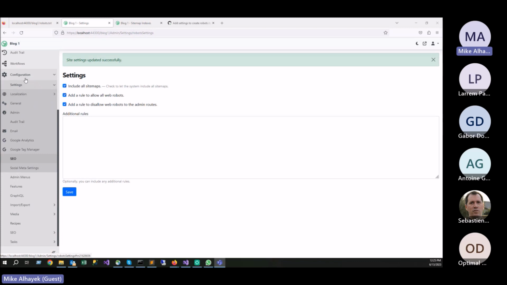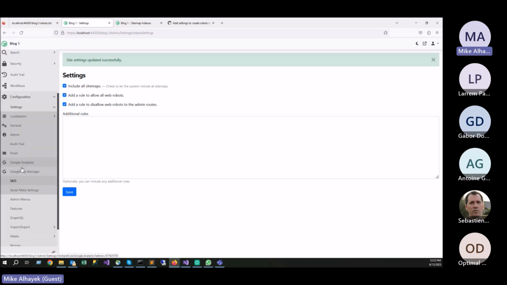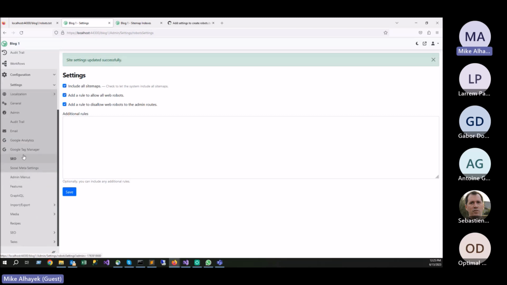And this right here is a setting. So under settings here, we have all the settings listed right under settings. So that's where that goes. And then, in the future, we can add anything SEO related to the settings here. Because settings. Yeah, but sitemap is not settings. Correct. But this only becomes available if you have,